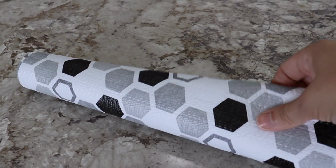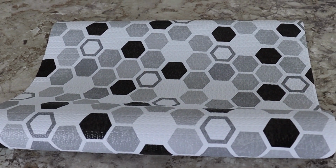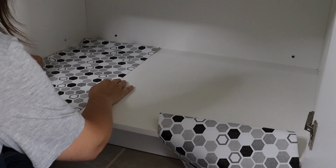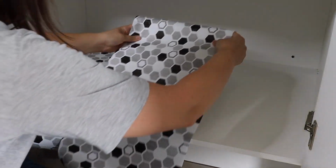Now I'm going to go in and start lining the shelves with the liner. This is a vinyl liner. There's no adhesive on the back, which I actually like because it's just easier to replace if it gets dirty or you just change your mind and no longer want it inside the shelves and cupboards. I've used a similar product from Dollarama inside the cupboards underneath my sink as well as in my dry goods